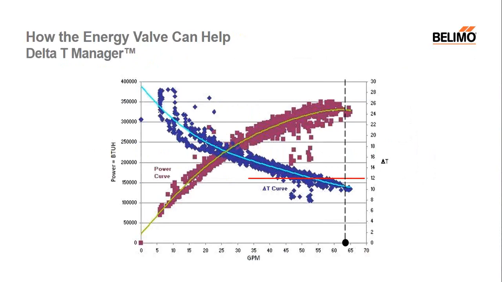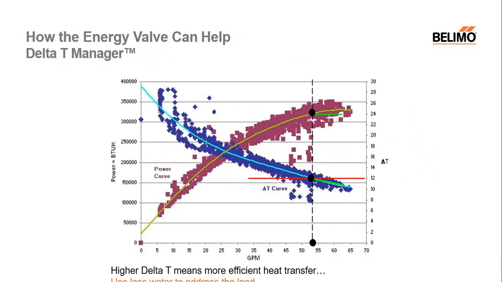What the delta T manager would do would modulate flow down to bring our delta T back up to our desired delta T set point of 12 degrees. So a lower flow rate while still meeting the load within the space. So a higher delta T means a more efficient heat transfer. So essentially what we're doing is using less water to address the load, utilizing that wide power band within the coil itself. So that is one of the key features of the energy valve,